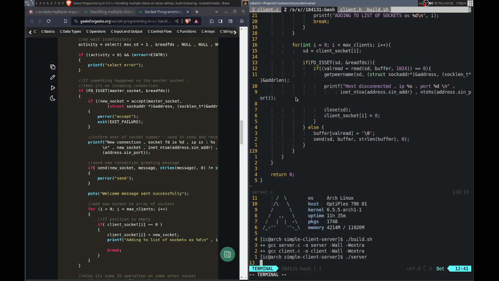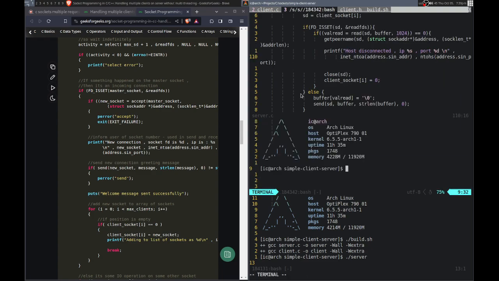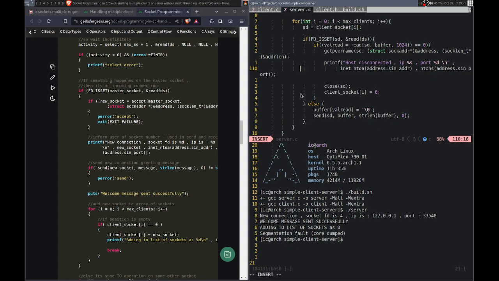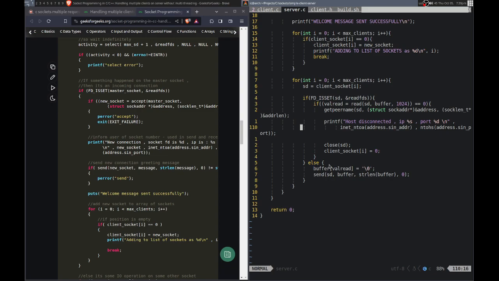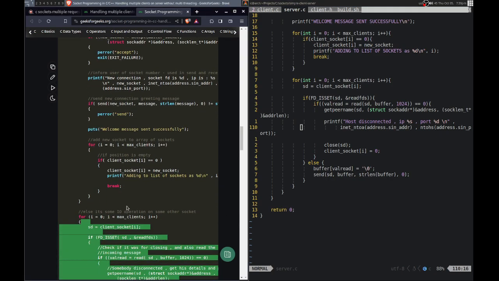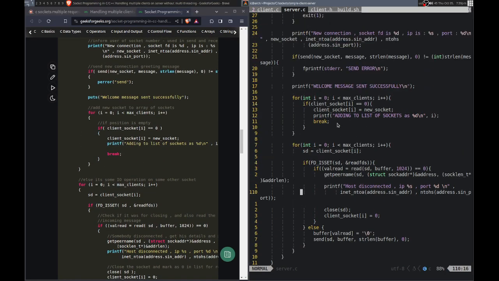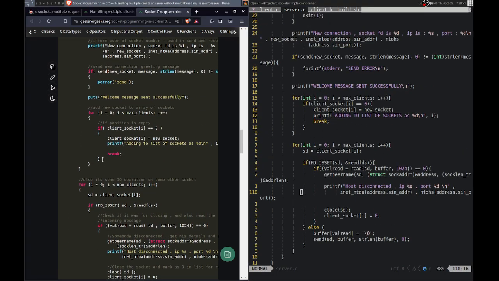Okay, run the server. I'm running telnet localhost 8080. Alright, so it still failed. I feel like that helps too. Oops. Alright, let's take a look. So now I think it's in the right place. I think I accidentally put it in the wrong place. But perhaps not, because